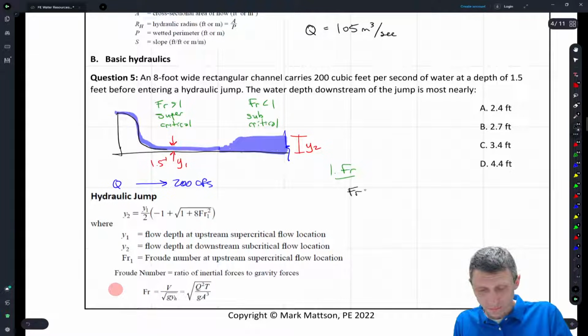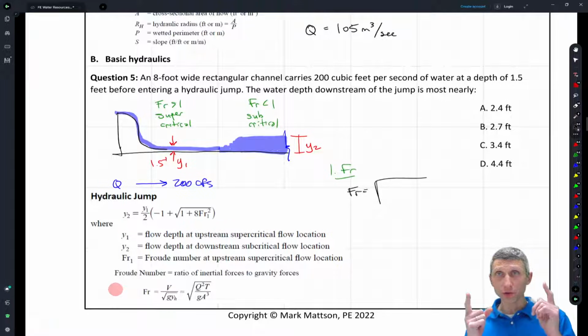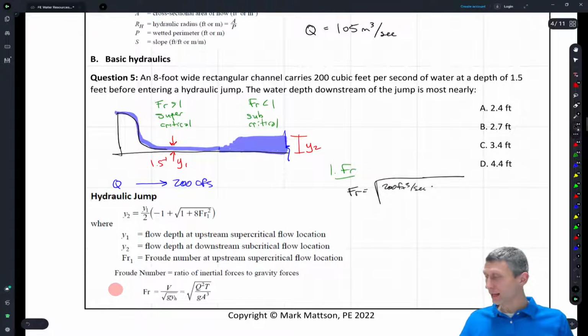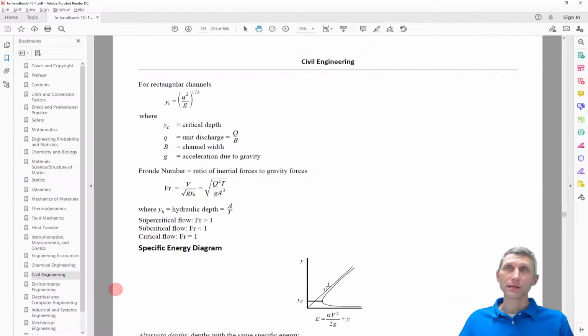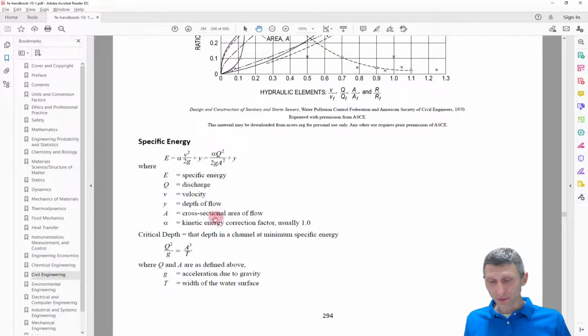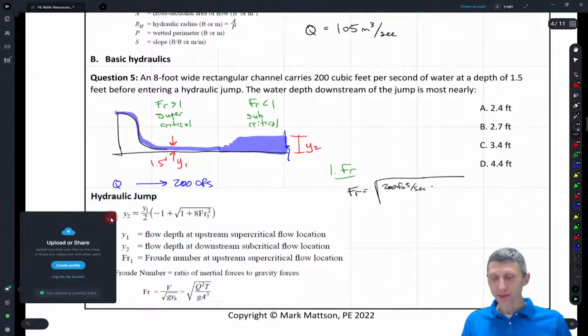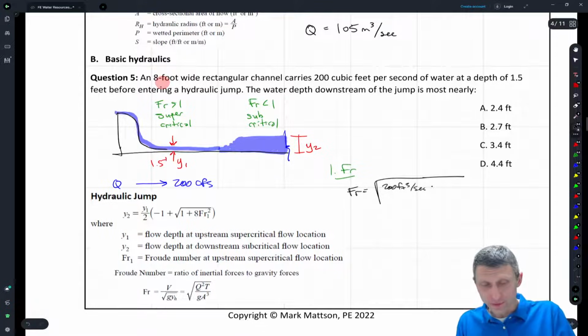So we're going to have, what do we have? We have the square root of Q squared. So Q here was 200 cubic feet per second, times T, and I do have to come back to the handbook for a second here, because T is, where did it go? Here's the hydraulic depth, A over T, and I think if we come back one page, T is the width of the water surface. So T is going to be the width of the water surface, and we're told that that width is 8 feet here, so we're going to use times 8 feet,